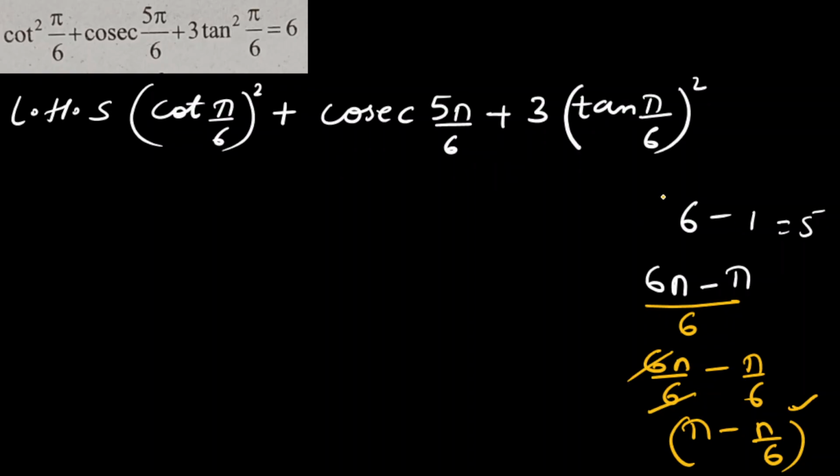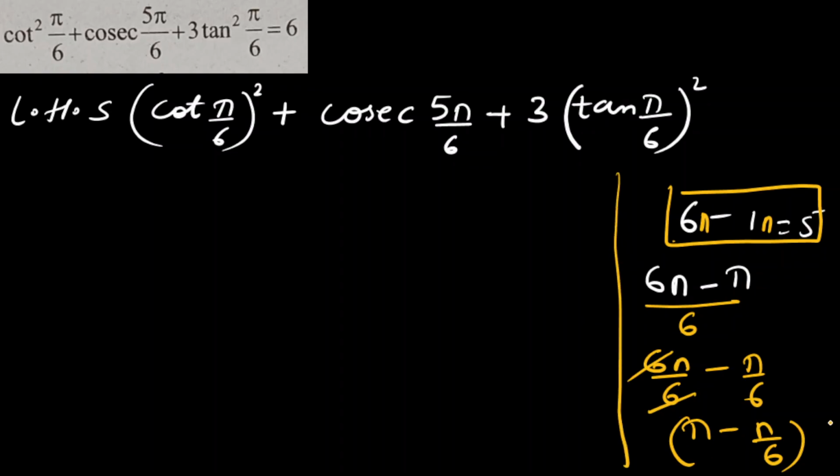5 we get by doing 6 minus 1, because you have to make a relation with the denominator only. 6 minus 1 is equal to 5. You write here 6 pi, 1 pi. The denominator will remain this only. Then individually you write it, and you will get an idea what you have to write. When I wrote it individually, it became 6 pi by 6 minus pi by 6. 6 and 6 get cancelled, then I am left with pi minus pi by 6. So in place of 5 pi by 6, I can write pi minus pi by 6 also. It is the same thing. So like this you can also get this value. You can try doing it like this also.